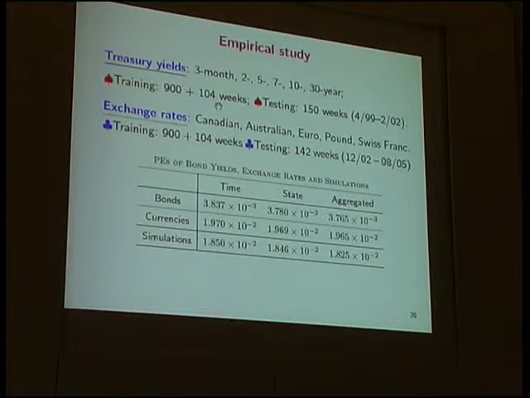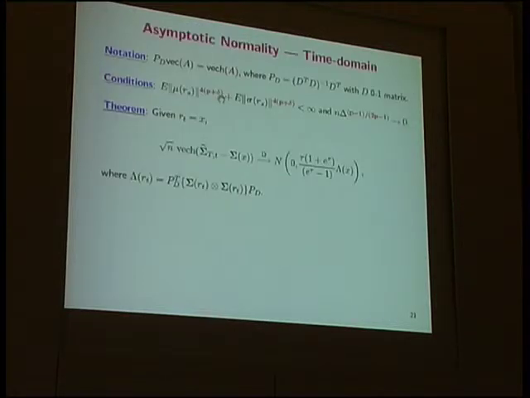So now let me remind you, just by quickly scanning through some asymptotic theory. Okay. So the asymptotic theory basically looks like this. Let's say you give me a symmetric matrix. You define vec of A as just stacking each column down, right? And VECH is just the lower triangular part of the symmetric matrix. Then there exists a projection matrix PD with elements 0 and 1, making these exactly equal. Under this kind of smoothness condition, and if the sampling frequency goes to 0 this way, then you have asymptotic